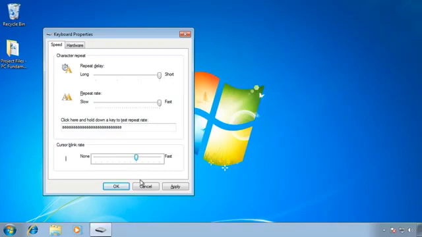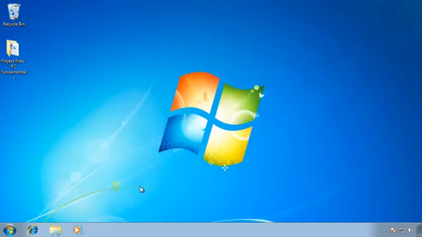So I'm going to go ahead and click Cancel because I don't want to save any of these settings. And now I know how to set up my keyboard to behave just the way I want it to accommodate the type of typing style that I